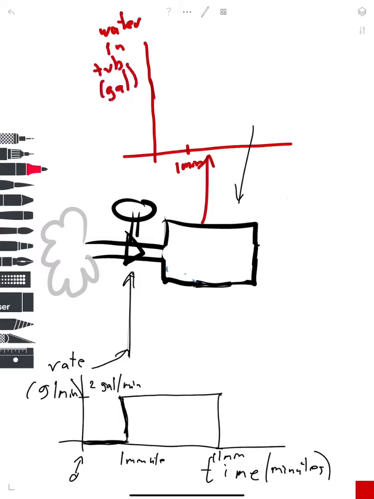Gallons of water in tub. After 2 minutes, you've had 1 minute of water flowing in at 2 gallons per minute, so it went from 0 after 2 minutes. It's going to be at 2. After 3 minutes, it's going to be at 4. After 4 minutes, it's going to be at 6. It's just going to keep going up until you reach